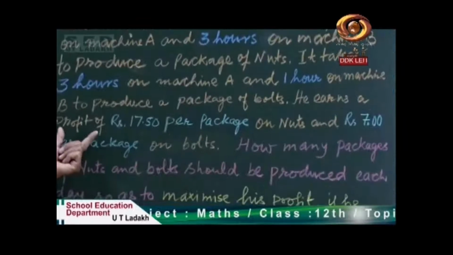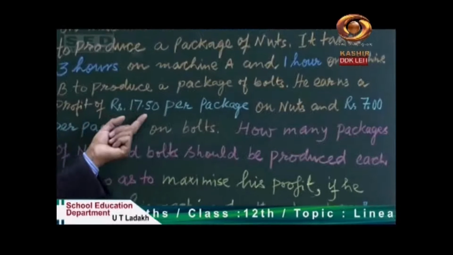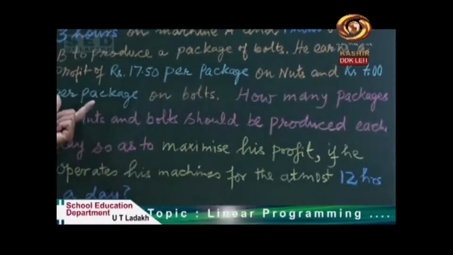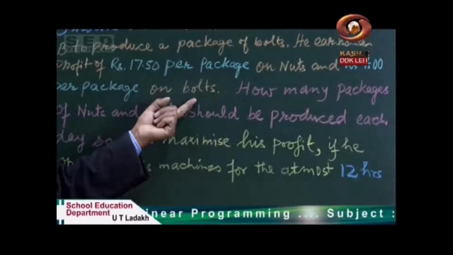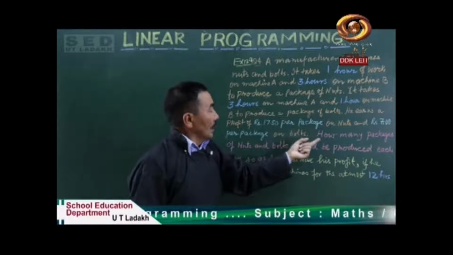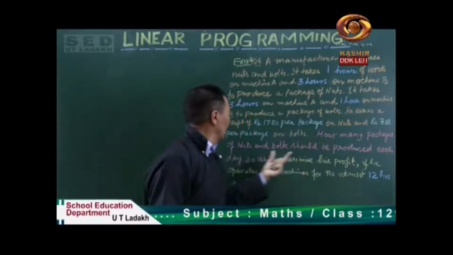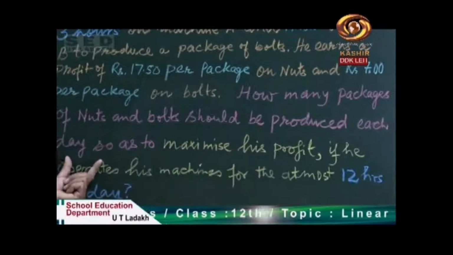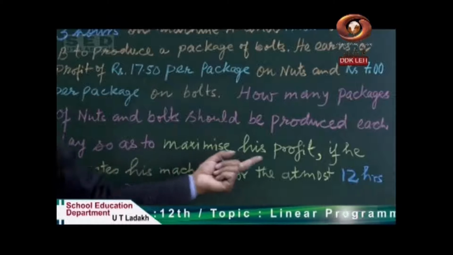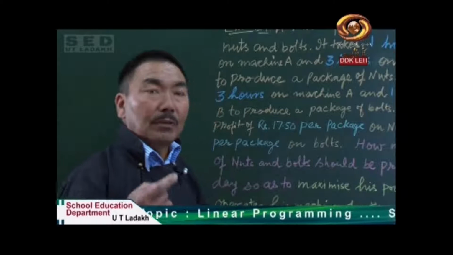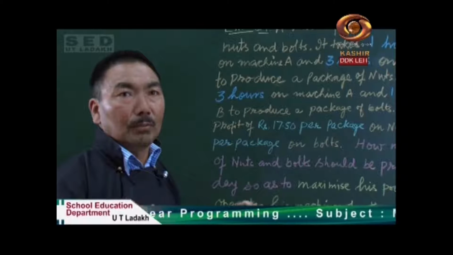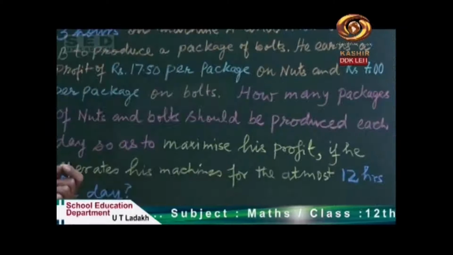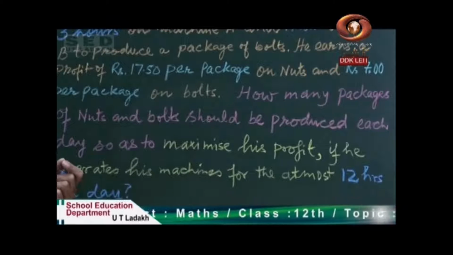He earns a profit of rupees 17.50 per package on nuts and rupees 7 per package on bolts. So this is his profit. The question says: how many packages of nuts and bolts should be produced each day so as to maximize his profit? He wants to know the maximum profit. So how many nuts and how many bolts should he